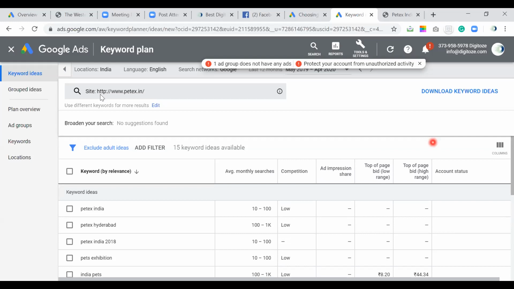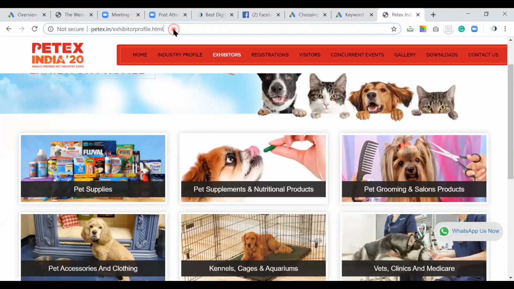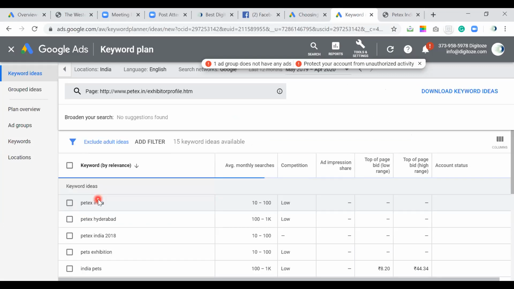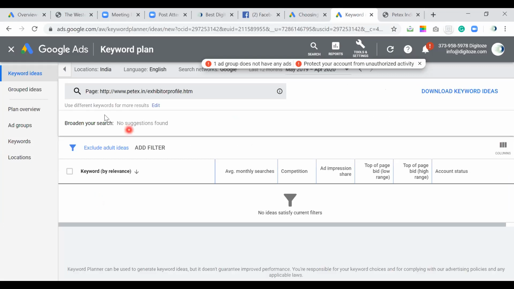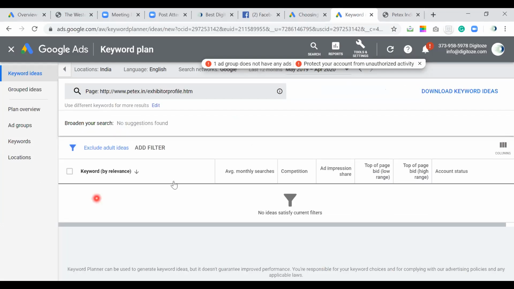We can come over here, we can search for internal pages also. We can go and search for what Google suggests for the internal pages. Use this as an existing page. So I have changed it and said use this for... probably not much of the results Google is showing.